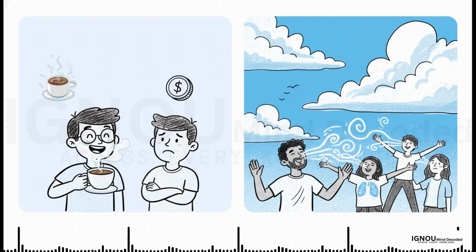This slide breaks down why markets struggle with this. See, markets are fantastic when it comes to private goods, like a cup of tea. It's rival. If I drink it, you can't, and it's excludable. You have to pay the cafe to get one. Simple. But many environmental resources, like clean air, are public goods. They're non-rival, me breathing the air doesn't stop you from breathing it, and they're non-excludable. You can't exactly charge people a fee to breathe. The market system just doesn't have a good way to manage something that everyone can use for free.